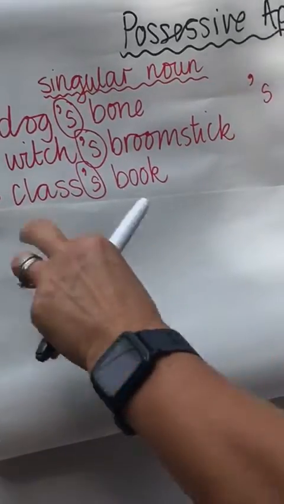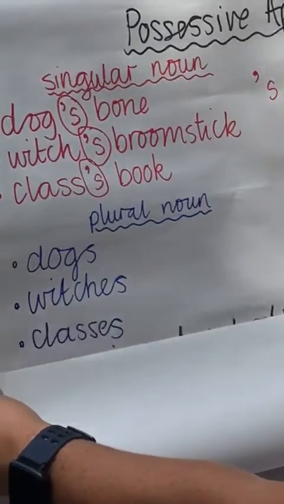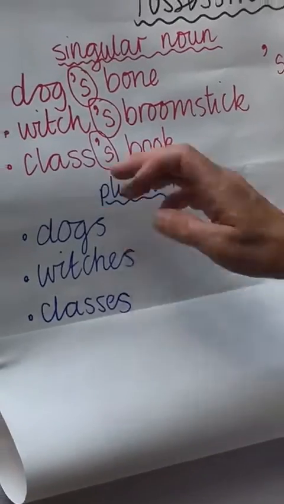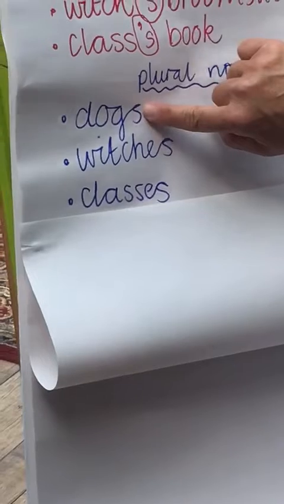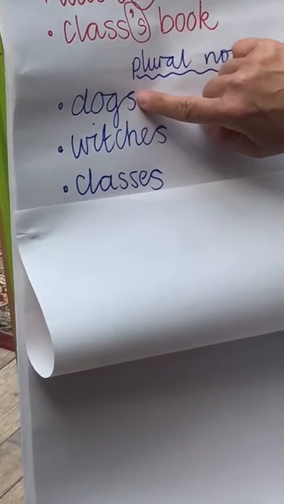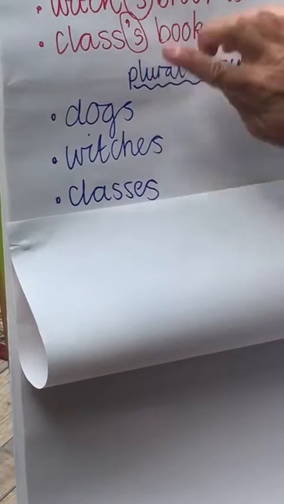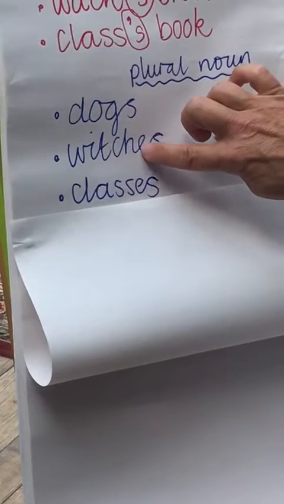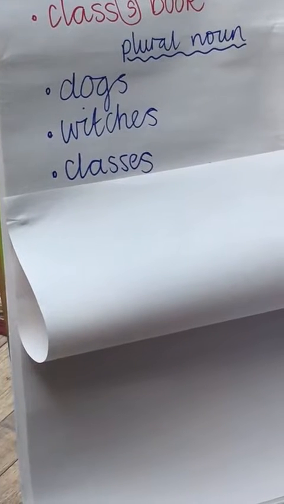Now that's different to what we might do if we have a plural noun that ends in an S. So I've got the same nouns, dog, witch, class, but this time there's more than one dog. I know that because I've got my plural, I've got my S on the end. Notice that when you make a plural noun, you do not need to use an apostrophe, okay? You just put the S on the end, or you change the ending if you need to add ES. So this time we're talking about 3 dogs. So this time we've got the dogs,